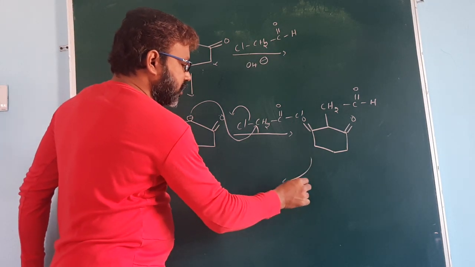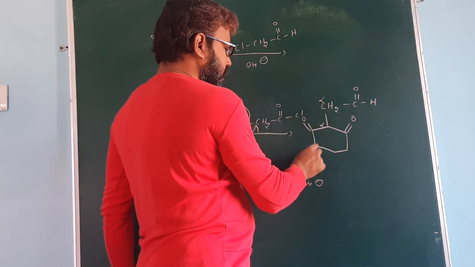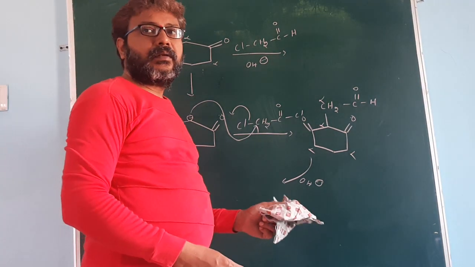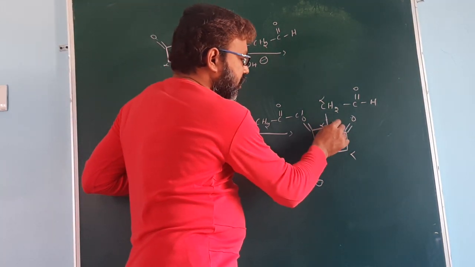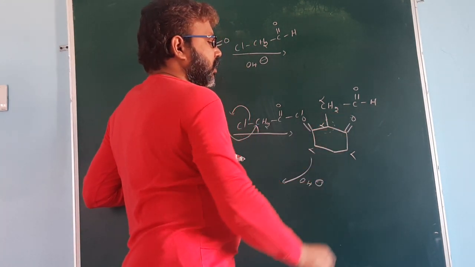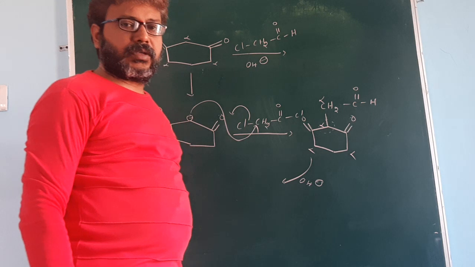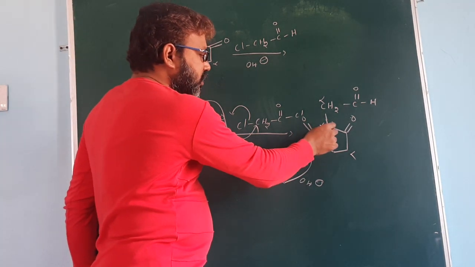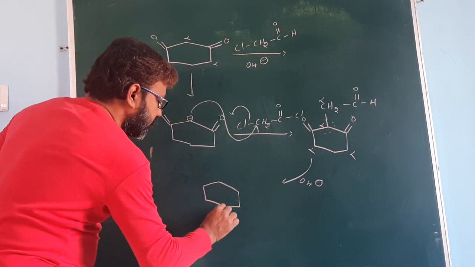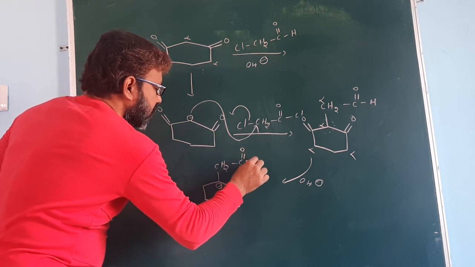Now the reaction takes place in the presence of a basic medium. Here there are four alpha carbons. Of all these alpha carbons, which is more acidic? Obviously this one is more acidic, because it is bonded with more electron withdrawing groups than the remaining three alpha hydrogens. Now OH minus ion abstracts the proton from this carbon. You get a carbanion, so CH2, C double bond OH.